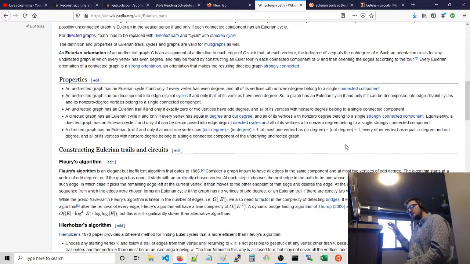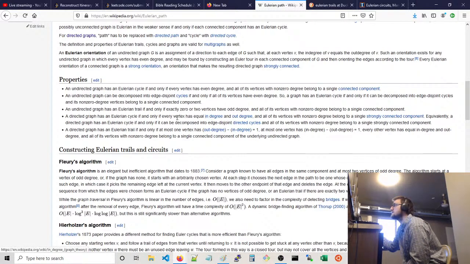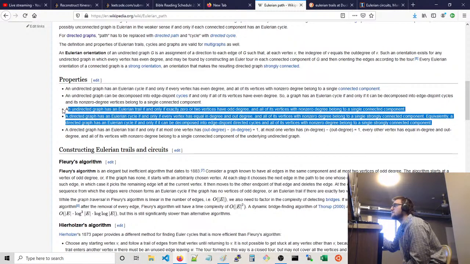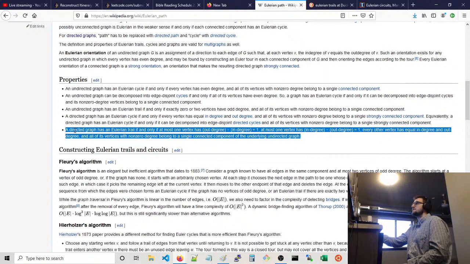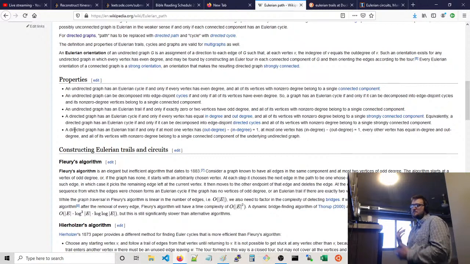If G prime with that edge has an Eulerian cycle, then G has an Eulerian trail. And G has an Eulerian cycle if and only if every vertex has equal in and out degree, and they're all part of a single strongly connected component, right? So I believe that means you take one of those edges and delete it from the cycle. It's pretty much what you do